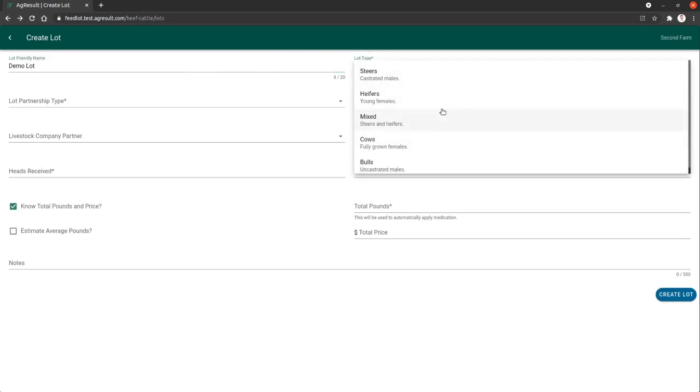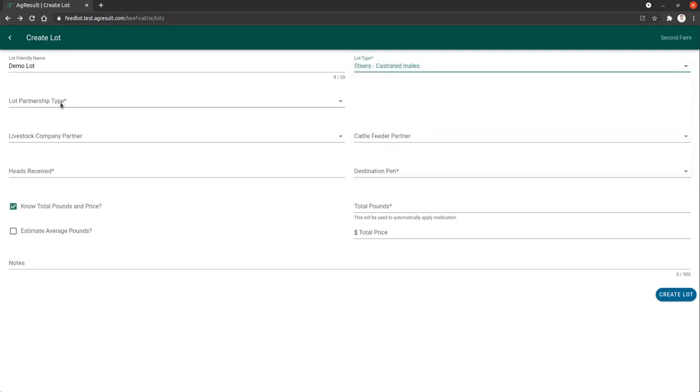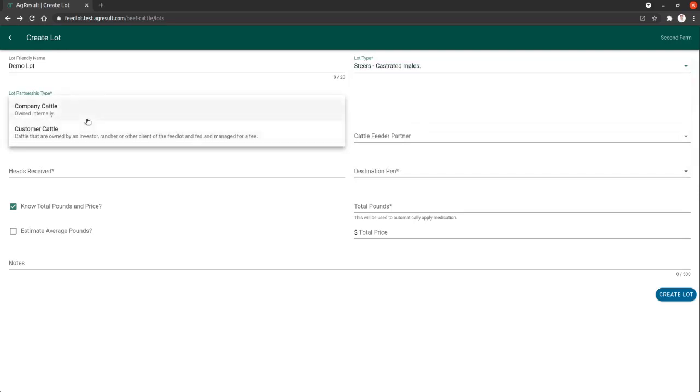Lot type is just the distinction of what type of animals these are. And lot partnership type is how the system knows whether or not you are custom feeding this lot or if you own these cattle internally. So we're going to make this lot custom fed. So we're going to choose customer cattle. That's described here. Cattle that are owned by an investor or some other client of the feedlot and fed and